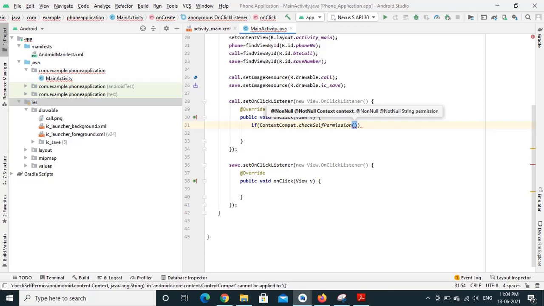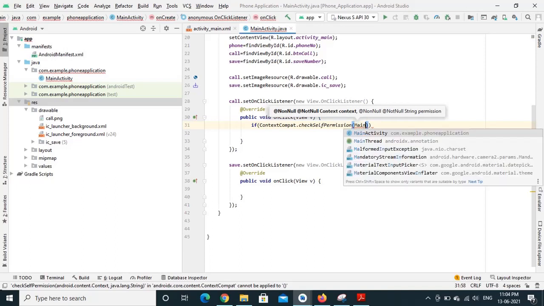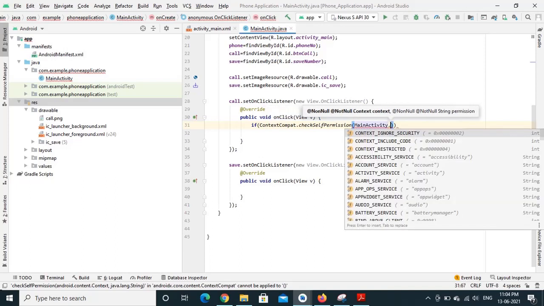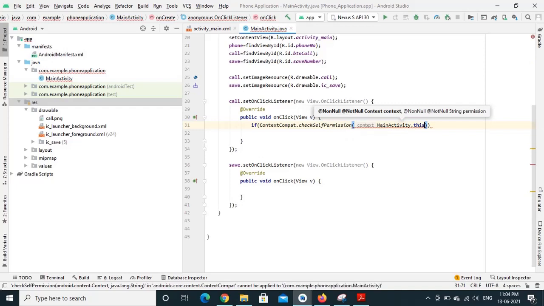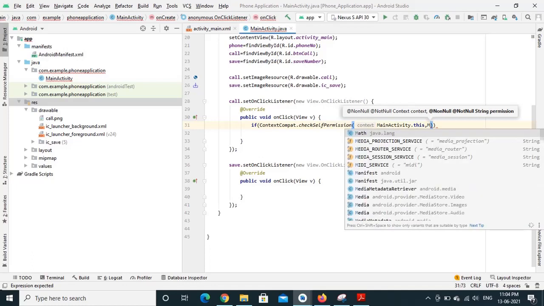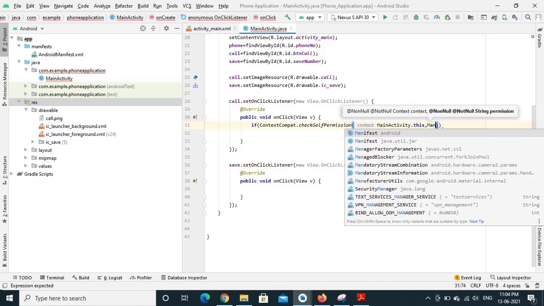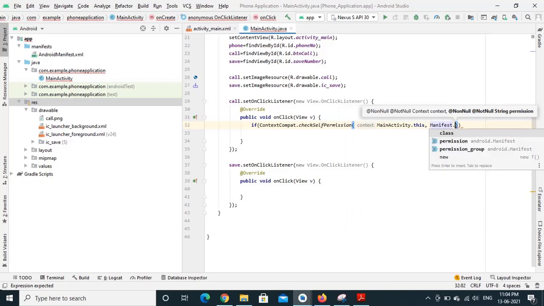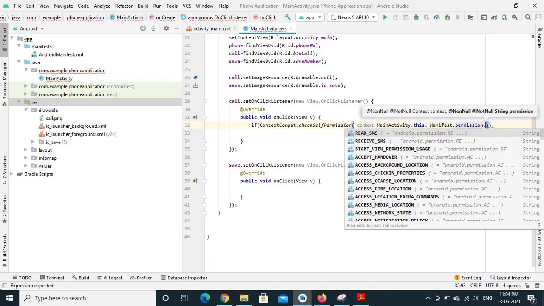The first argument is the context, that is MainActivity dot this, and the second argument is the permission we are looking for. The permission we look for here is the call phone permission under Manifest dot permission dot CALL_PHONE.